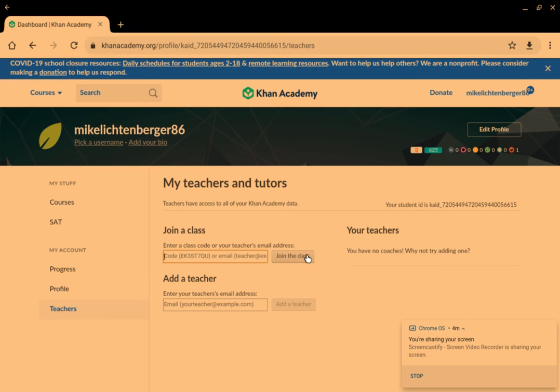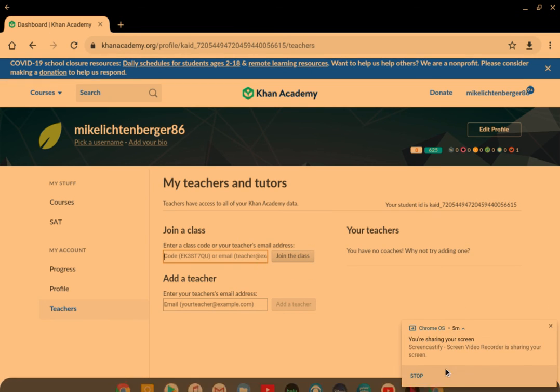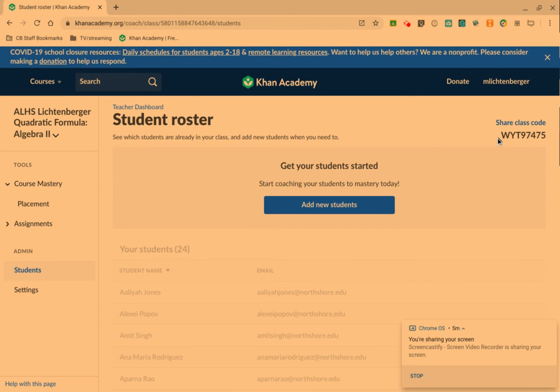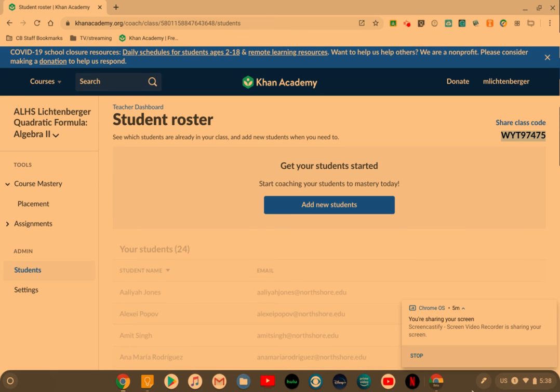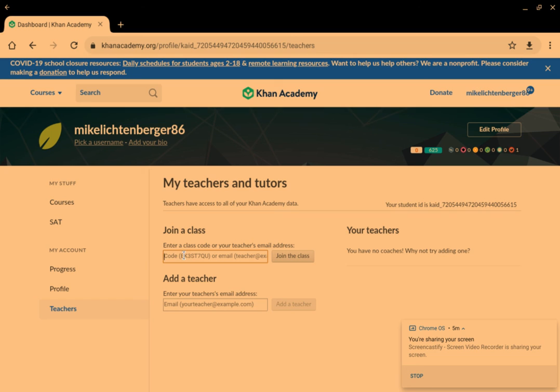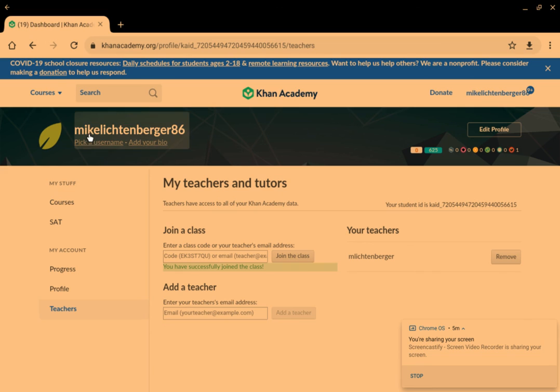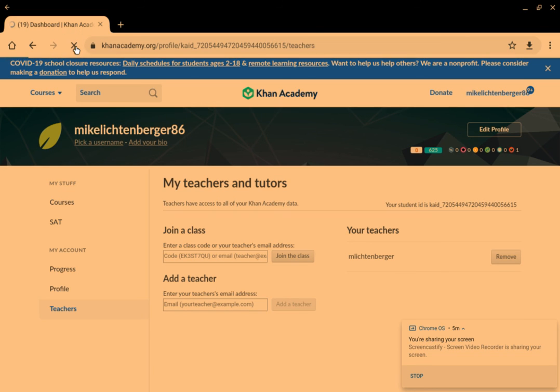teachers. And where it says join a class, you're going to enter this code right here, this code that I just highlighted. So enter that code where it says join a class. All right. And once you do that, you can see that my username, my name pops up under your teachers. And if we refresh this page here,